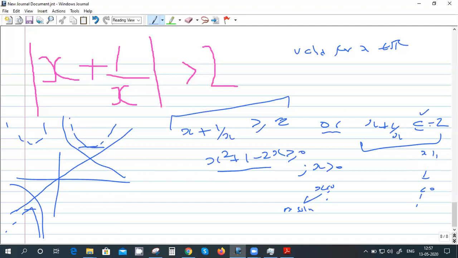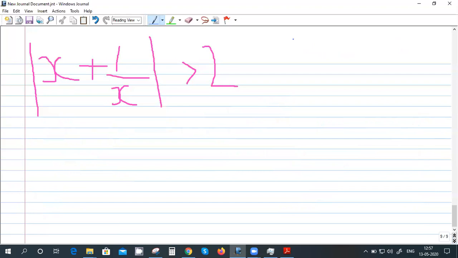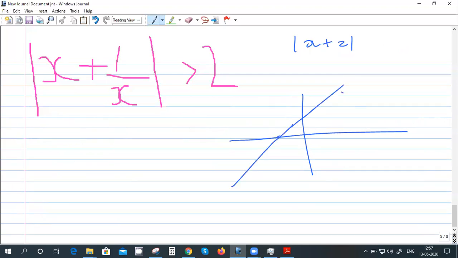It's not difficult. And another thing, the last time you discussed about this mod x plus 2, right? Yes, that I understood. Hold on. So y equal to x plus 2 will be like this. At x equal to minus 2 it will become 0. This is the curve y equal to x plus 2. When I take the mod, this thing will get reflected here. This is what this combination is, mod x plus 2.